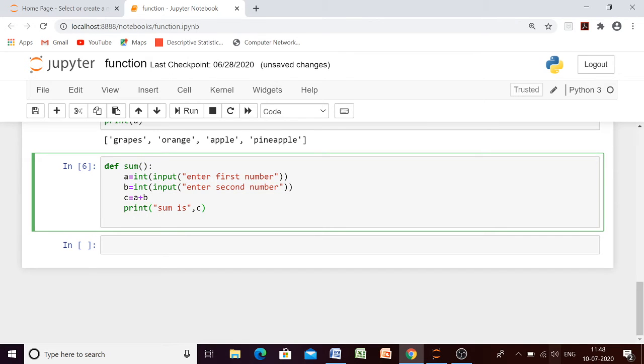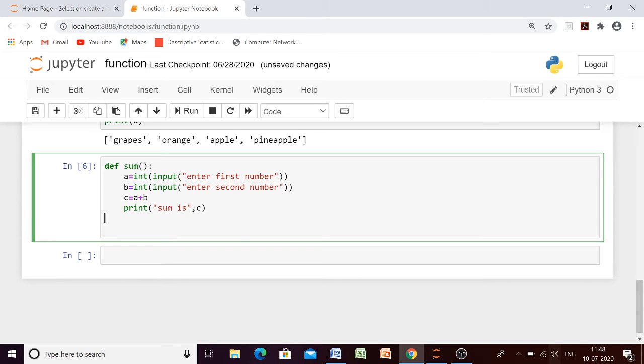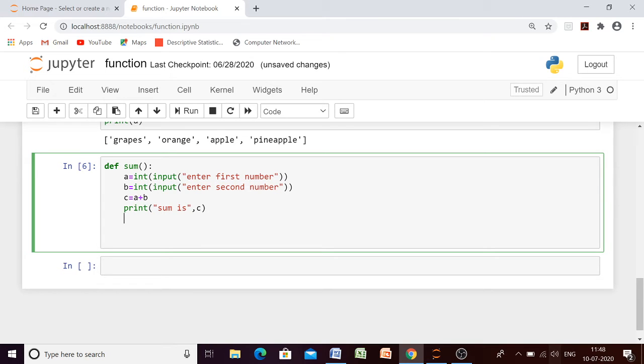So we have to include the function calling statement after the function definition. Since those statements were only part of our function, we have already written our function definition. Now we want to write the function calling statement. That will no longer be part of our function definition, so you have to change the indentation level. Go back to the original indentation level, and here we will write the function calling statement.